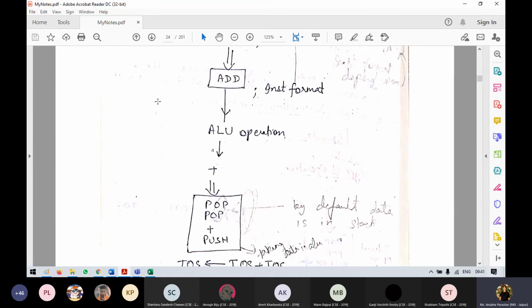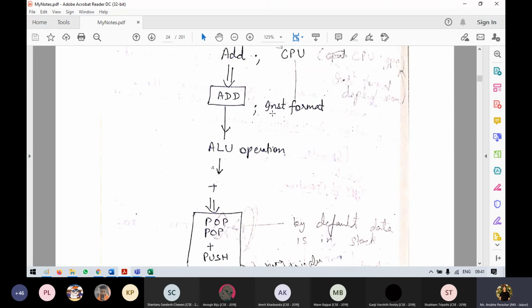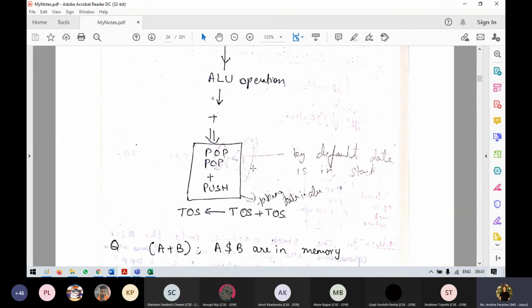During that time, as you might have done in data structures, you will be pushing some of the operations in the stack and then getting those instructions. So all those hard-coded formats in the data structure that you use will be passed over here, and that is how the instructions at the hardware level will be performed. So these are the stack operations.